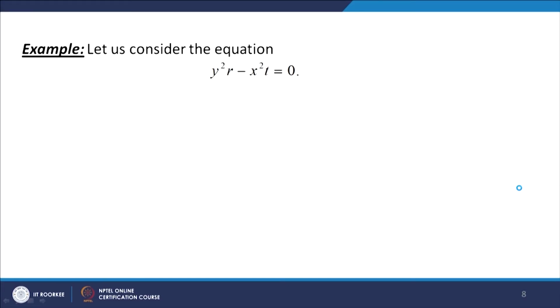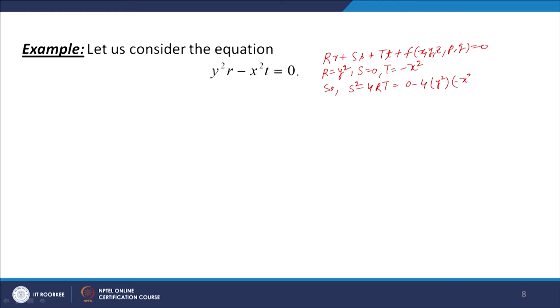Now, let us consider the equation y square r minus x square t equal to 0. So, comparing with the equation Rr plus Ss plus Tt plus f(x, y, z, p, q) equal to 0, we get R equal to y square, S is equal to 0, T is equal to minus x square. So, S square minus 4RT: S is 0, so we get 0 minus 4 times y square times minus x square. So, we get 4 x square y square, which is greater than 0. Hence, the given PDE is elliptic